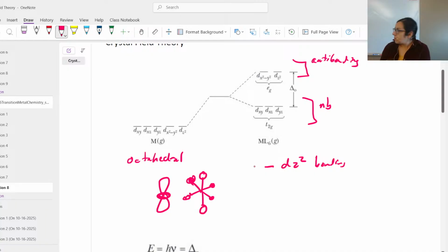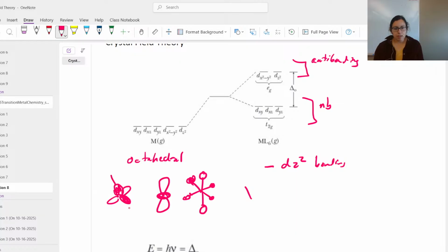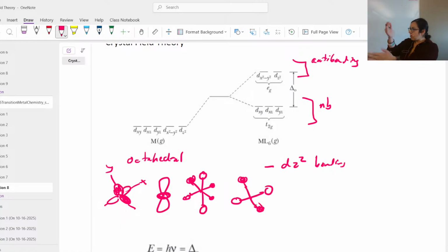bonding, and this is going to be ligand based. So right, this is that. And then we have our x squared minus y squared. We'll think about what that looks like. Right, so x squared minus y squared is on the xy axis here. And then that matches with your middle scenario. So the x's are irrelevant, but then we'll have them shaded like that. So that's what we mean: visually we can inspect this and it looks like